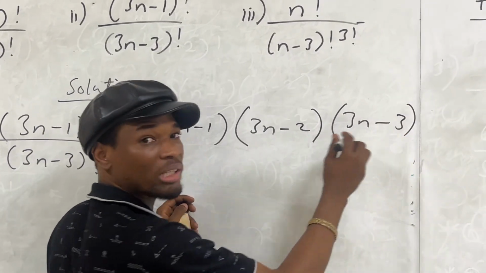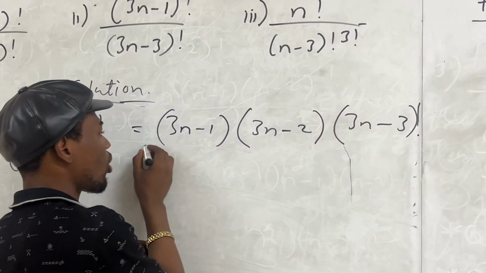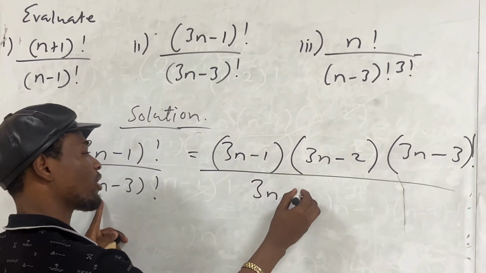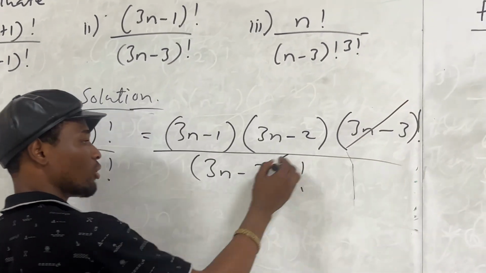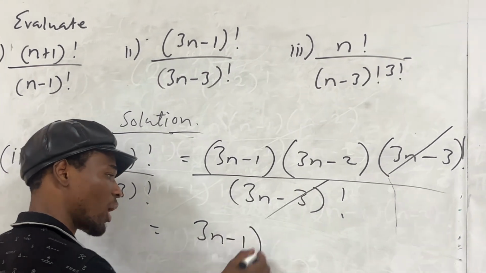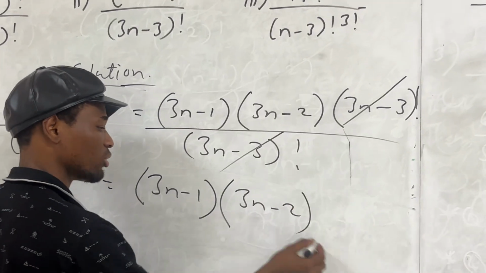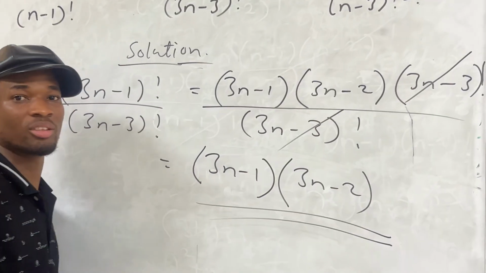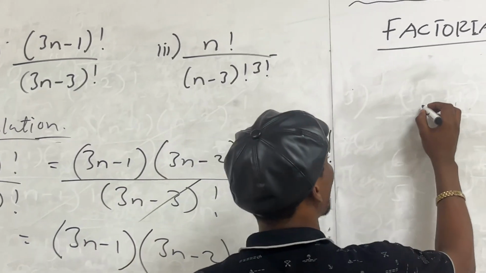3. Because I want to end at this point, I have my factorial sign here. Then all over the denominator here, which is 3n minus 3 all factorial. What is common? This. We'll cancel this, right? So what do we have? We have 3n minus 1 multiplying the expression 3n minus 2. As simple as that. You can go ahead to expand. Alright, that is it. Now, the last question to end